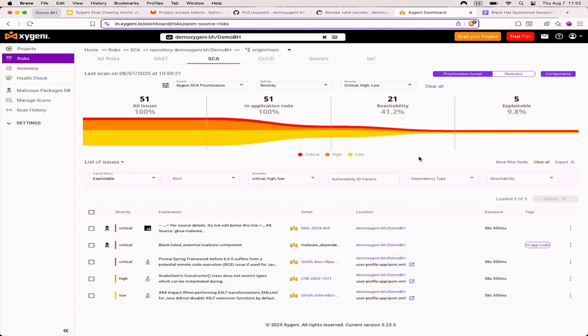This means that most of the vulnerabilities, almost 60% of them, are not reaching the vulnerable part of the component. So we don't have to solve it because it's not affecting our solution. We can live with it. The focus is what we have to solve to be completely secure.